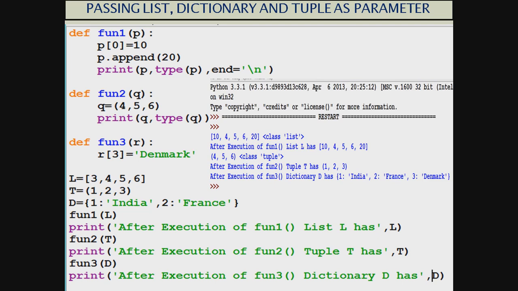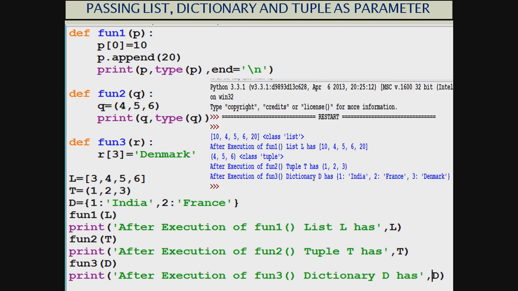So now P[0] is 10. Then I said P.append(20). So P now gets one more value, 20. So what is present in P now? Now P has 10, 4, 5, 6 and 20.